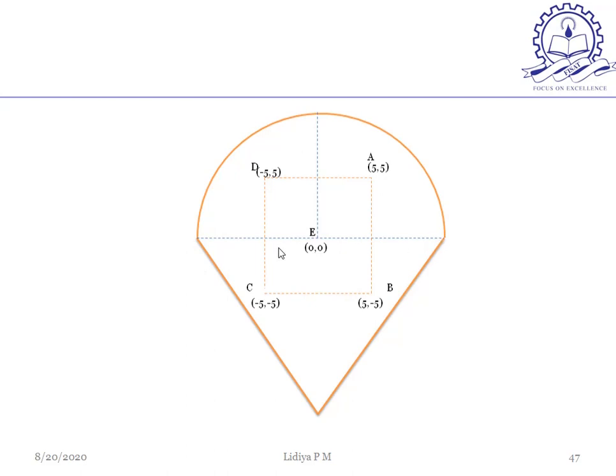So first we have to identify the area under each rain gauge station. For that, first I am going to connect all the stations using triangles. First connecting all 4 stations, then I am going to connect them with E in order to form a triangle. So there are 4 triangles.